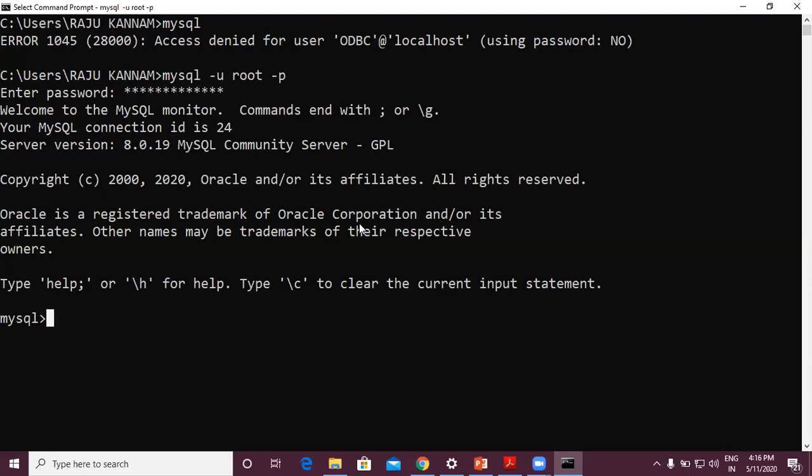Okay, before this, I will show you that the MySQL server is already installed in our computer and it has started. It has started as a Windows service in our computer. So to see that, you have to go to where we can see the Windows processes. You have to go to the task manager.